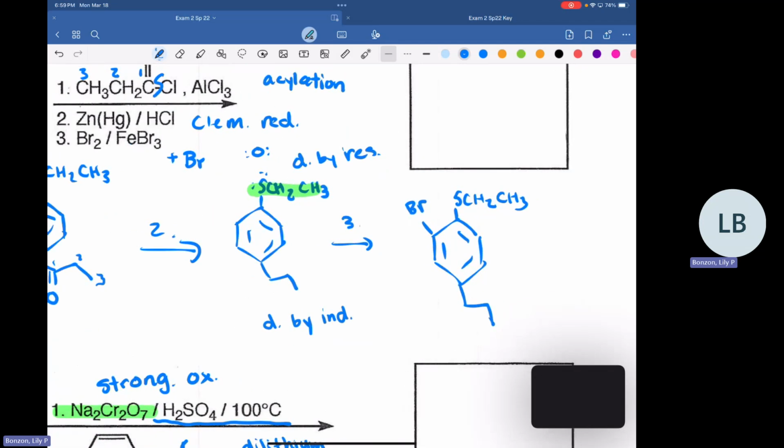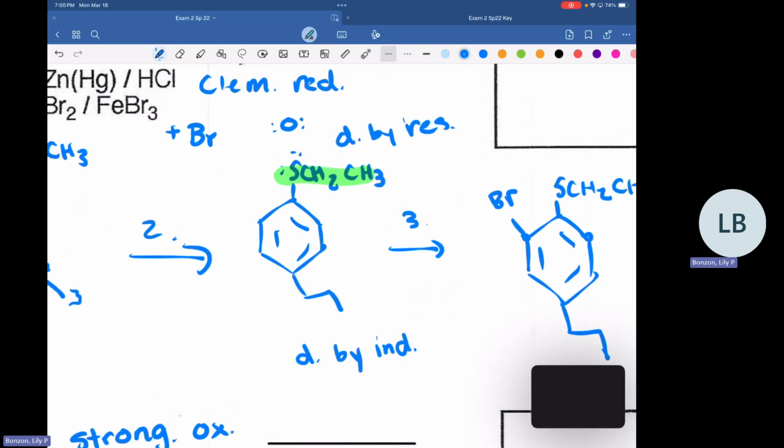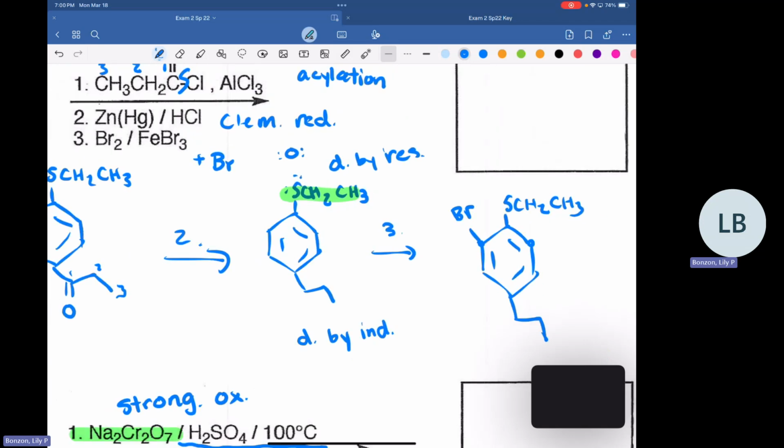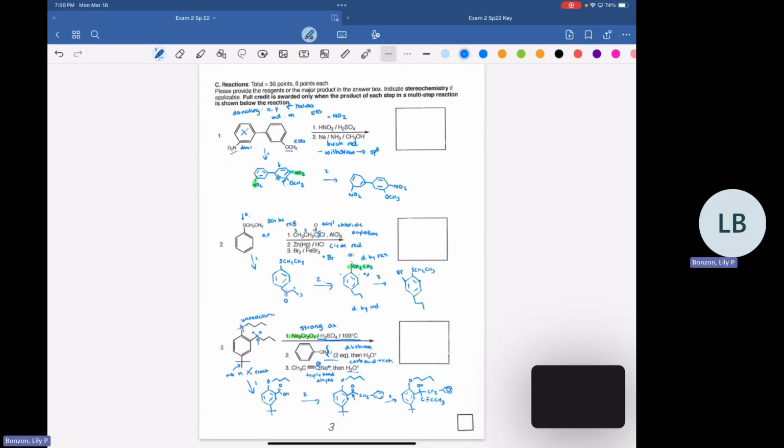So we're attaching it to either this carbon on the left here or this carbon on the right here. Either one is fine because of the symmetry. But the product of step 2 gives us 2 donating groups that we can use for our directing. But since the SCH2CH3 donates by resonance, it's going to be the stronger donator, so it kind of wins. So that one's going to be able to determine the direction for that. And then it's a donating group, so it's ortho-para, but the para position's already taken up by the other group. So then the only options we have left are going to be either of those ortho positions.